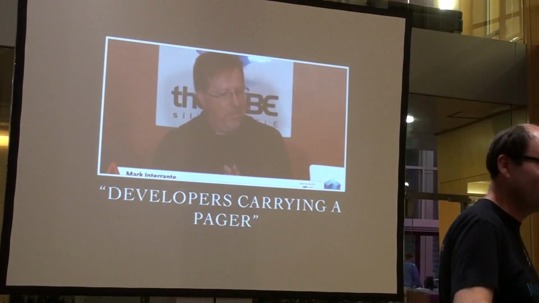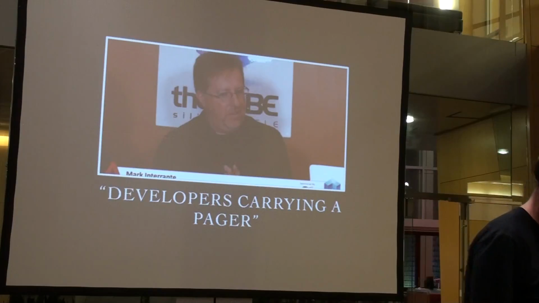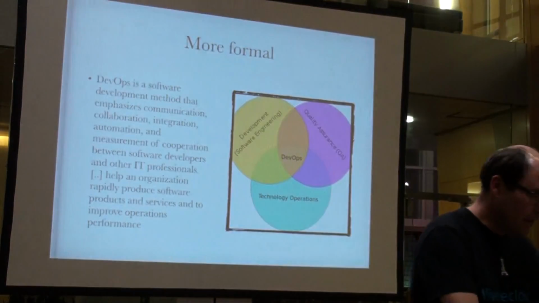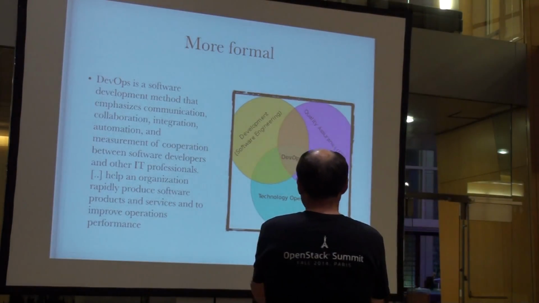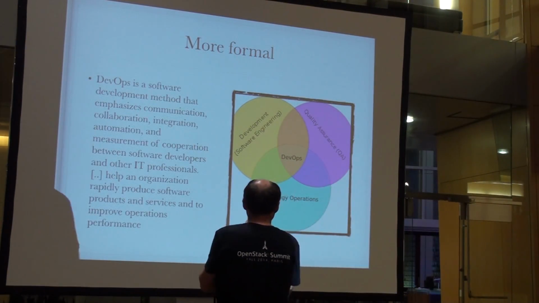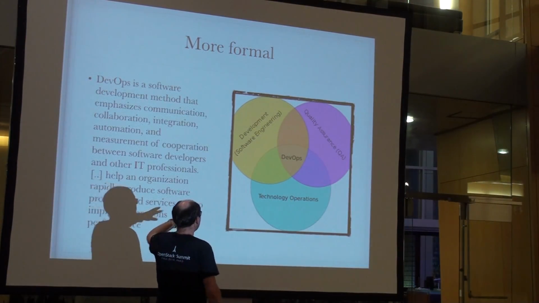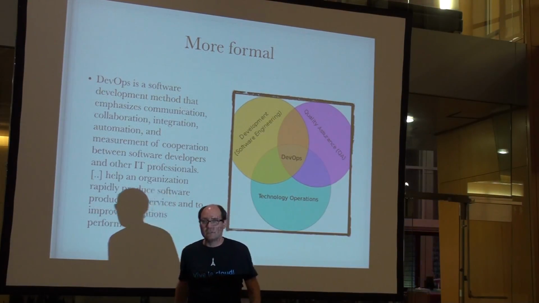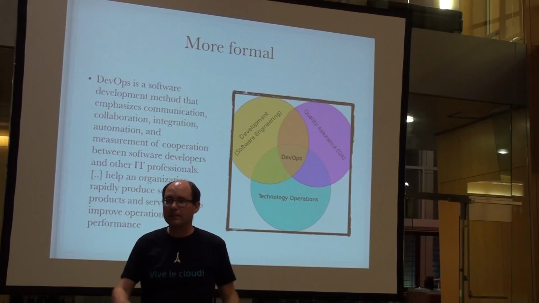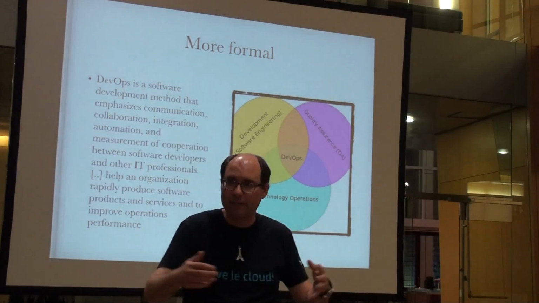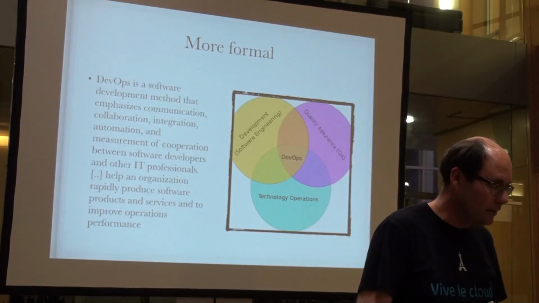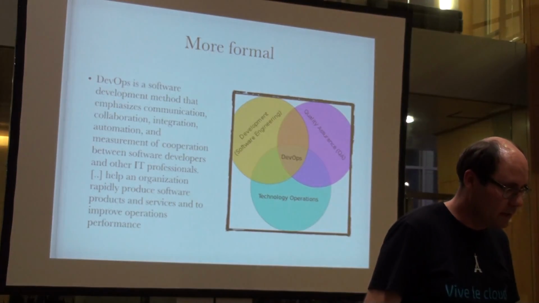So that's how he characterized it. All the developers need to carry a pager, and that's DevOps for him. When we look at a more formal definition, I'm getting that maybe the developers shouldn't just write an application and throw it over the hedge to the ops people so they can deal with it, so maybe they should all be friends. So I get that part, but I'm still struggling with the fact that I also need to be friends with quality